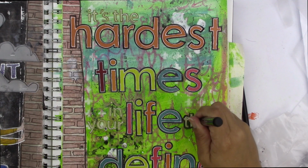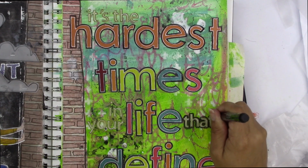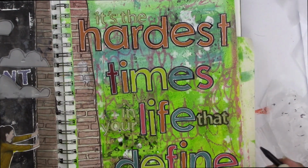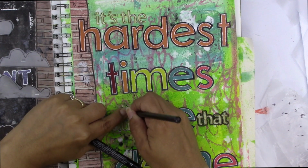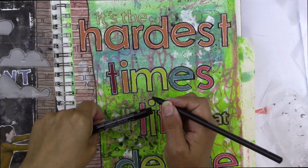So I just want these letters to kind of fit with the other ones. So I'm using my brush tip Faber-Castell Pitt pen, and I'm just outlining all the way around each individual letter, and the shadow is already there from the charcoal pen. The charcoal doesn't stick to every single thing on a mixed media page, so right here